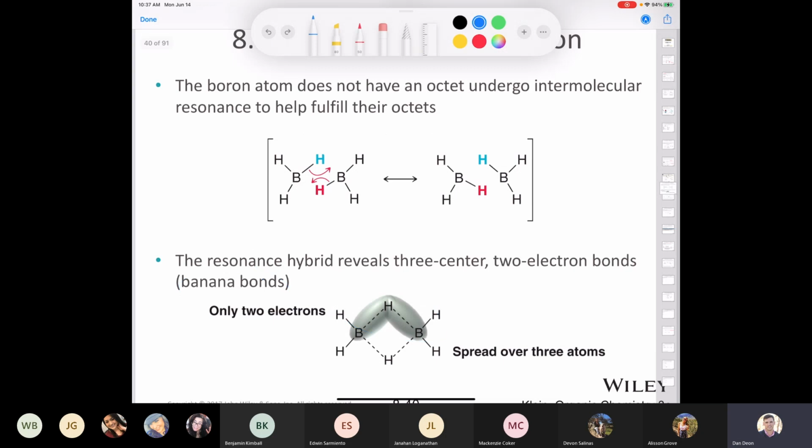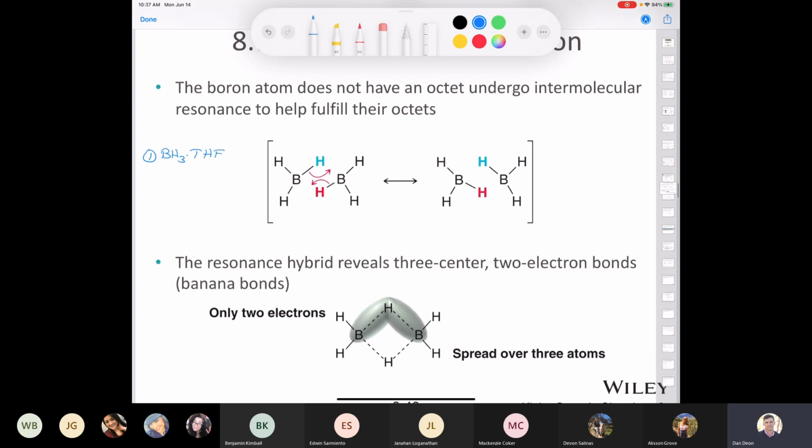You know, I'm never going to ask you about a banana bond. The only reason I put this in here, there's one reason, so pay close attention. It's that in our textbook, 100% of the time he writes borane THF like this, followed by hydrogen peroxide and sodium hydroxide. The thing is, if you look at the ACS study guide or DAT materials or MCAT materials,